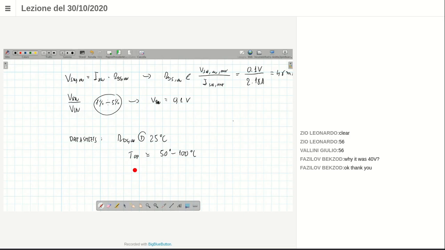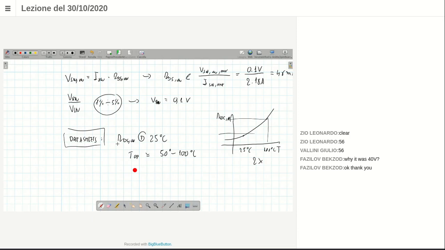We know that the on resistance of the MOS transistor increases with temperature, and compared to 25 degrees, the resistance that you can find at 100 degrees can be 2 times larger. So the reason why in datasheets they report these quantities,